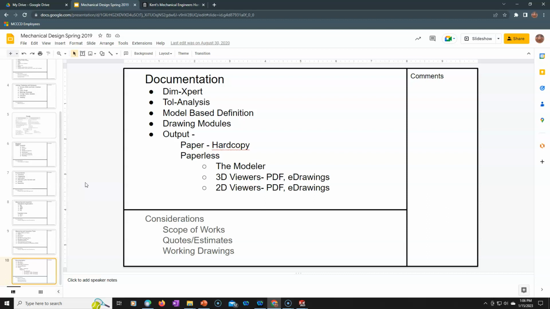The paperless then would be whichever modeler you're using. We can output to PDF or eDrawings or any number of viewers, and the 2D viewer is also PDF and eDrawings. So as a scope of work, all of this comes in,